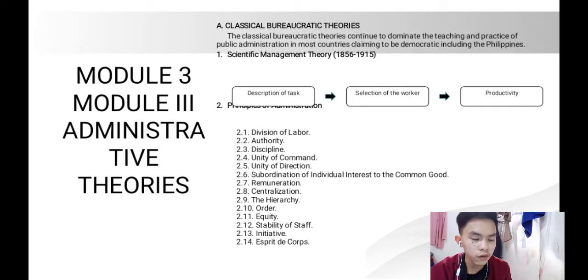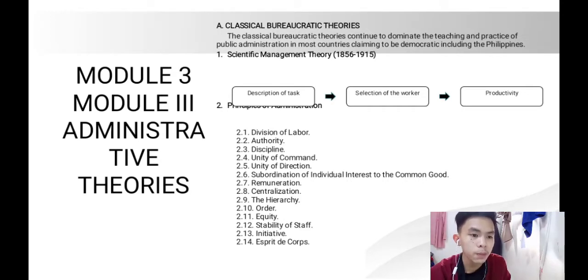The other branch of classical bureaucratic theory is the principles of administration, which Simon refers to as departmentalism. It grew out of the need to find guidelines for managing complex organizations such as factories. Henry Fayol, a mining industrial engineer at the time, is considered the founder of the classical management school. So this principles of administration is subdivided into